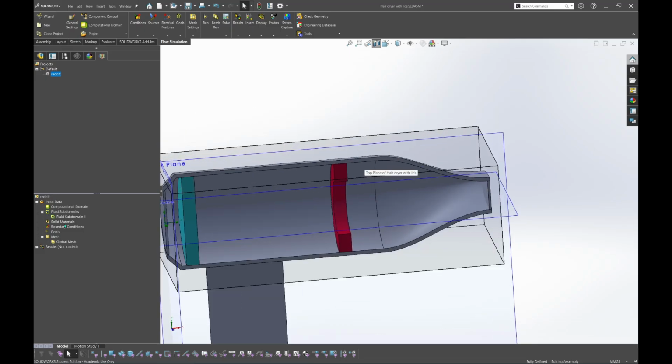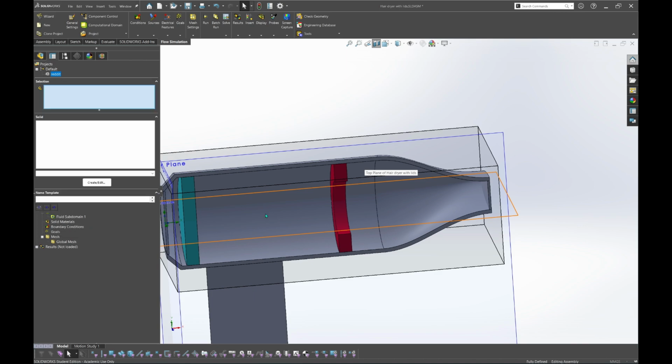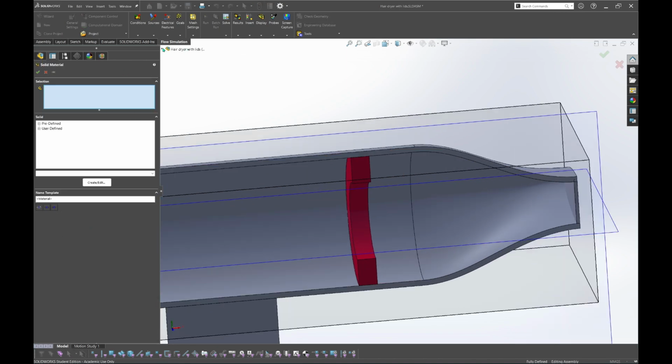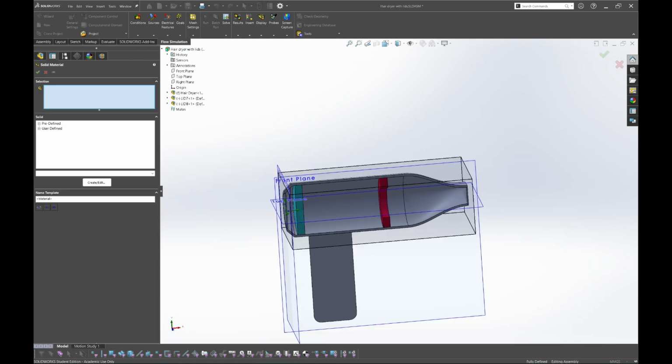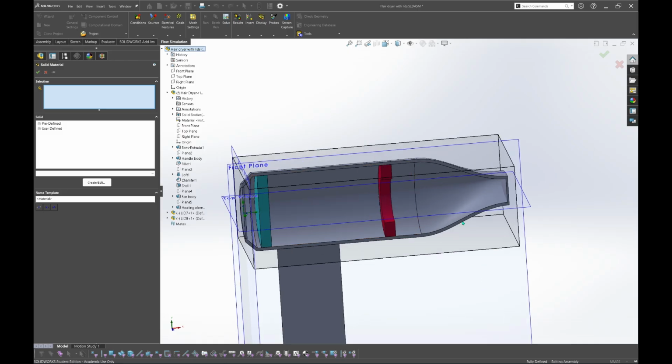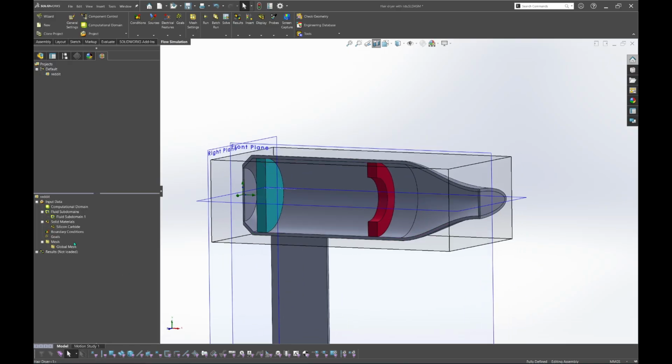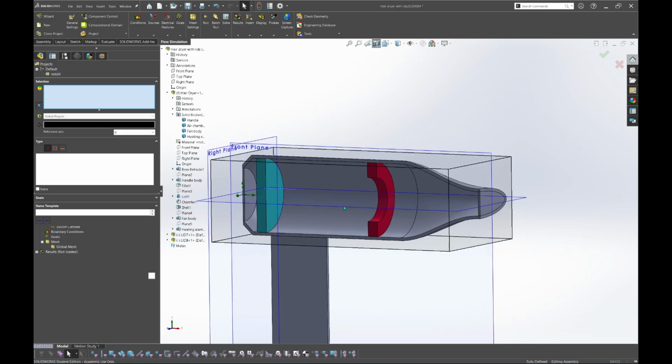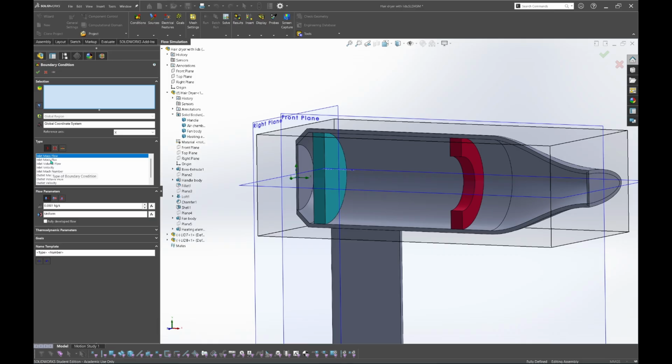Next, in the solid material, you right click on there and click insert solid material, and you can activate your feature tree and click the part heat source, like this heating element, and click silicon carbide. Okay, validate. Next you can set up your boundary condition.